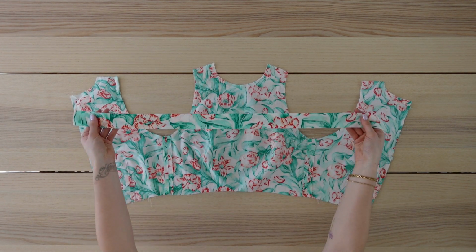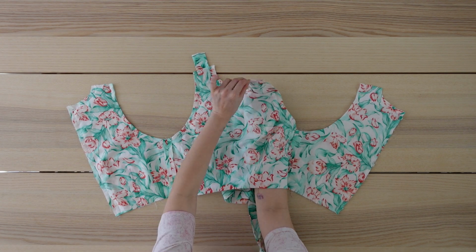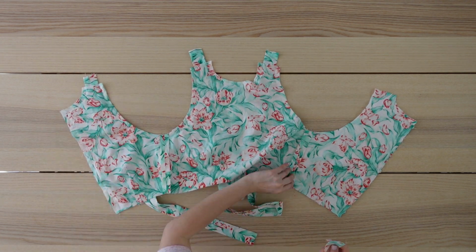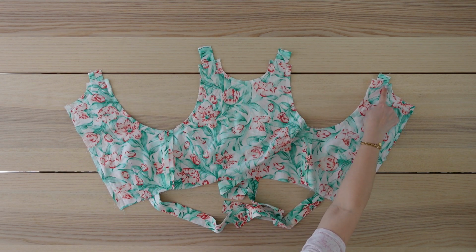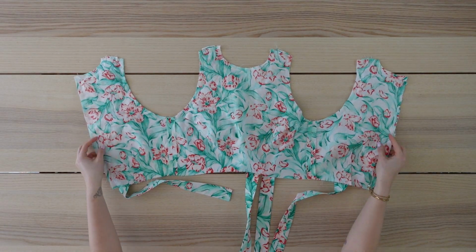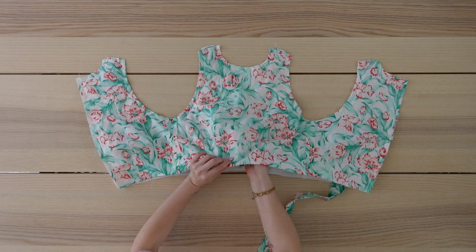To attach the straps, I feed them through the opening left along the shoulder seams, and they are all sandwiched between the shell and the lining. I'll sew all of these straps onto the top with a straight stitch. The straps are now sewn in, and I'm just tucking them in between the layers